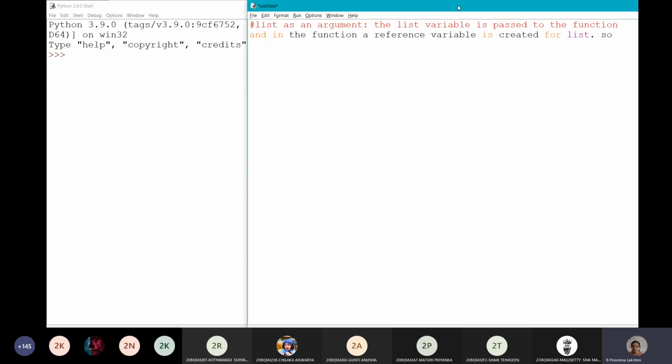So the changes in the function are applied to the actual list without returning the list.